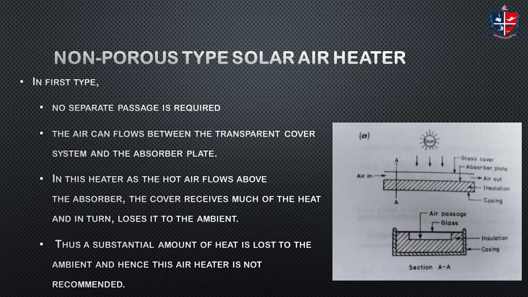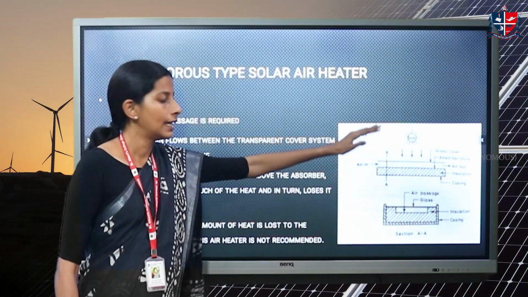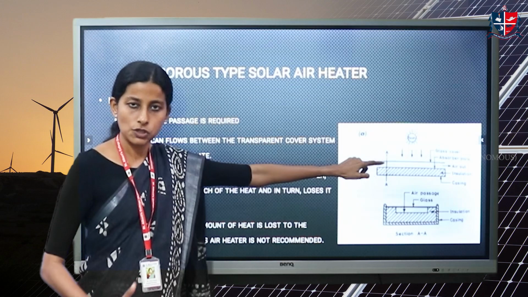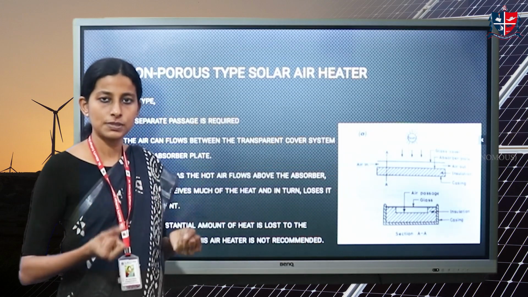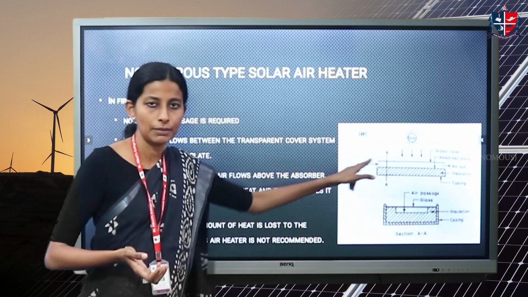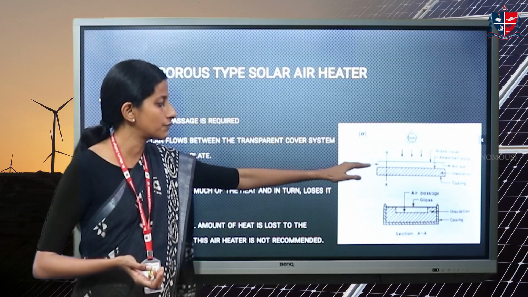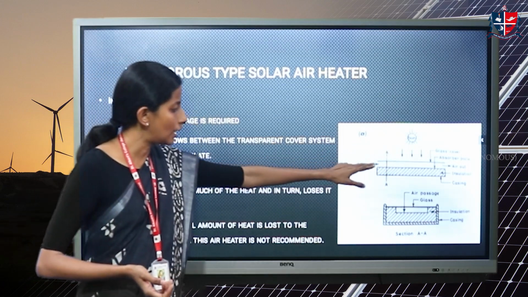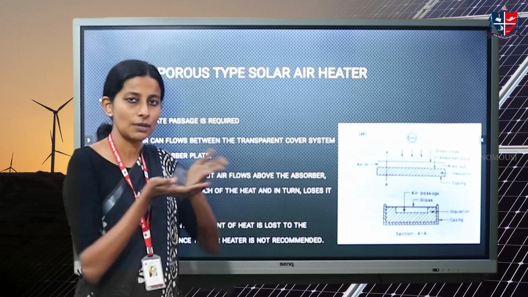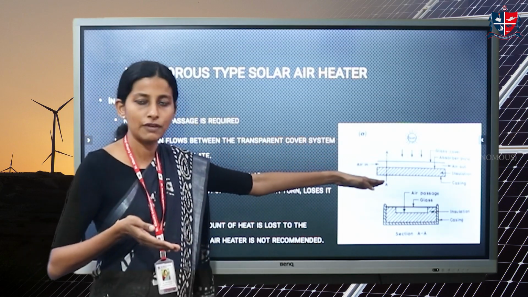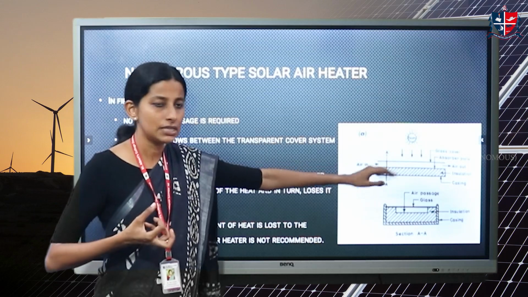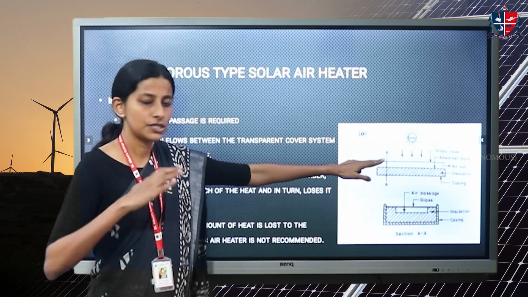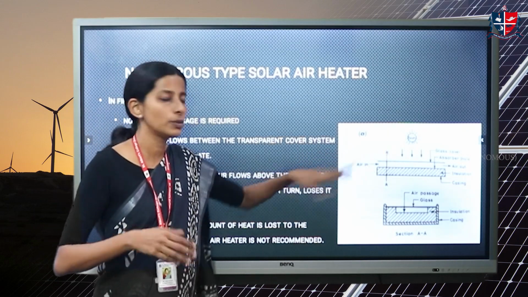Solar radiation is transmitted through the glass cover. The transmitted solar radiation is absorbed by the absorber plate. Once the absorber plate absorbs this heat, it transfers the heat to the medium above, which is the air. So there is an inlet, and there is an outlet. Here, as you can see, the absorber plate and the insulation come as a single unit. Below the absorber plate, we have insulation so that the absorbed heat is not lost to the bottom. Only to the top it transfers the heat, and air just passing through it gets heated up.